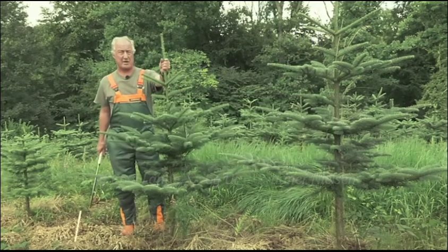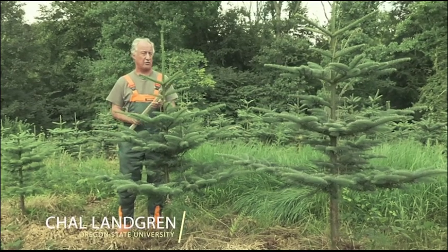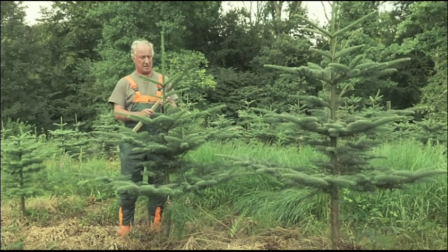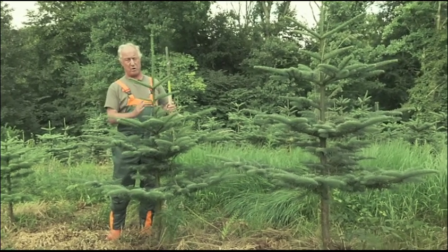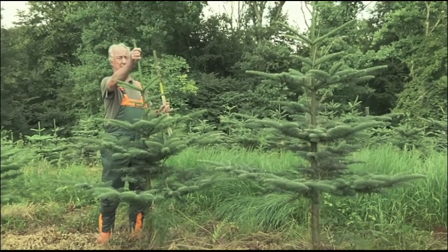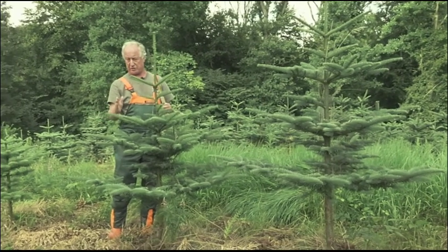So now we're going to talk about establishing the taper for the trees. We're going to do this using a shearing knife, which is the common way of doing the taper in Oregon. We want to analyze each tree to see how far we want to take the taper down. So here we have a nice leader, nice whorl on top,